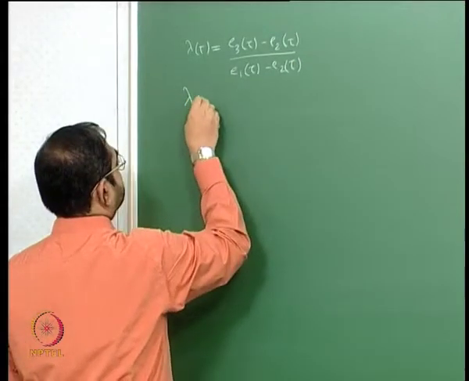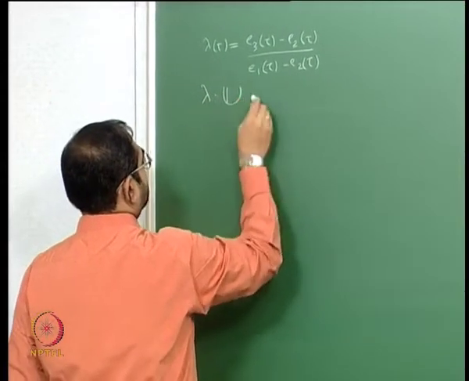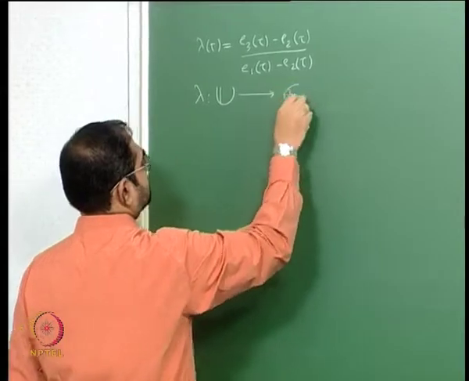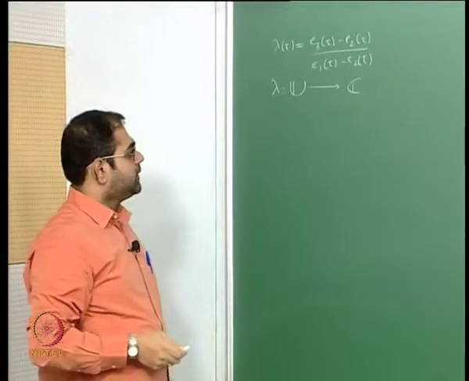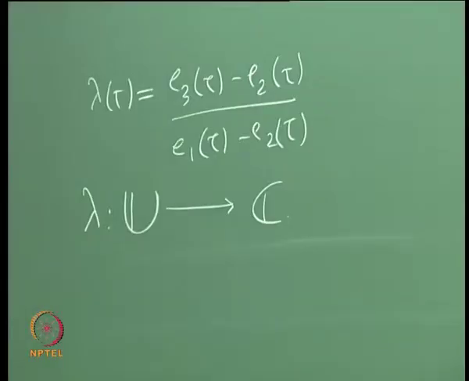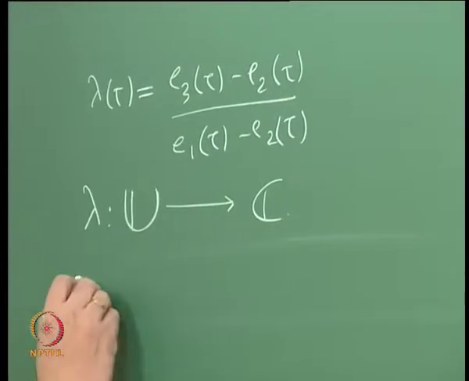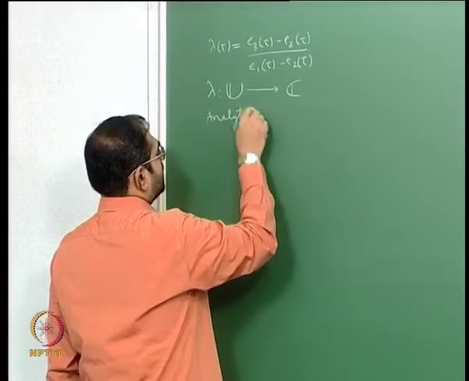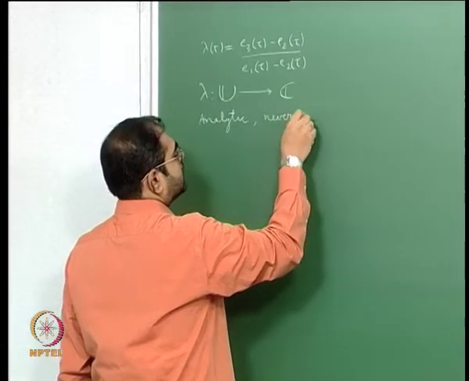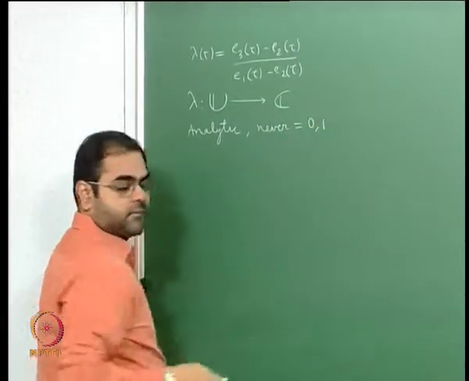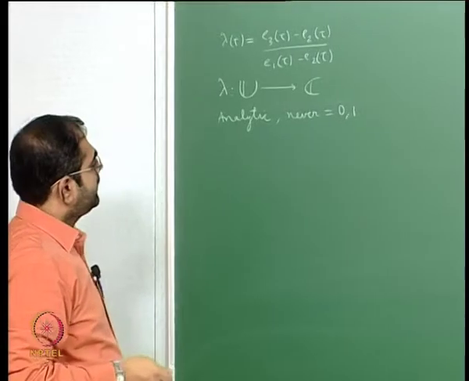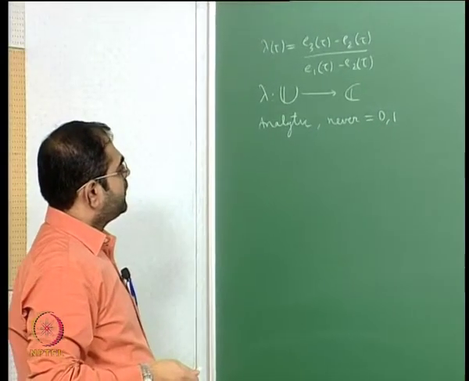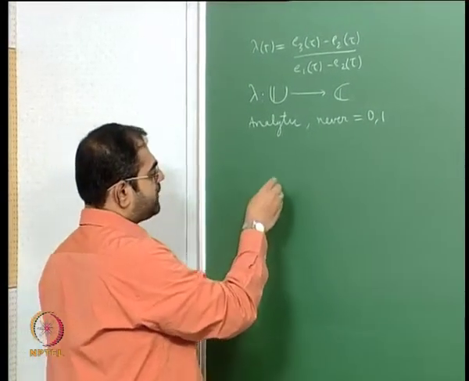Lambda is defined on the upper half plane and taking values in the complex plane, and in fact it does not assume the values 0 and 1, okay, and is analytic, never is equal to 0 or 1, okay, and the claim was the following, that